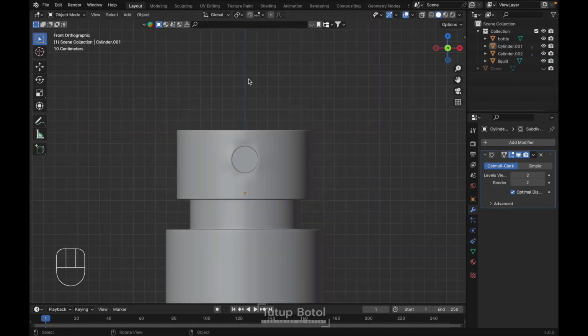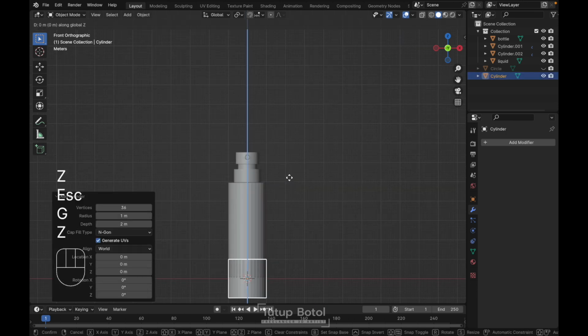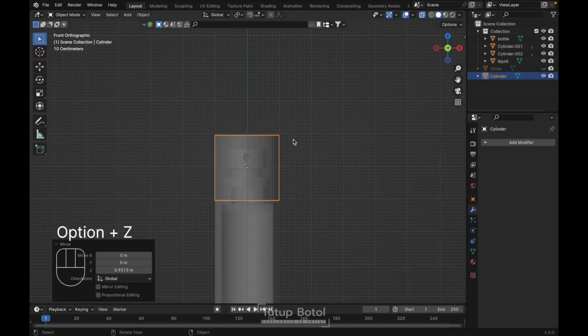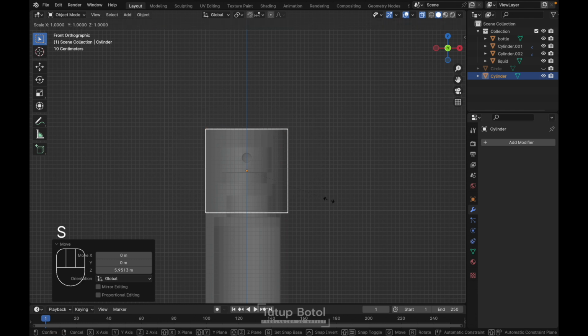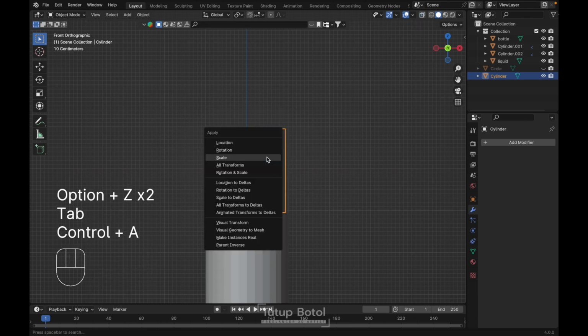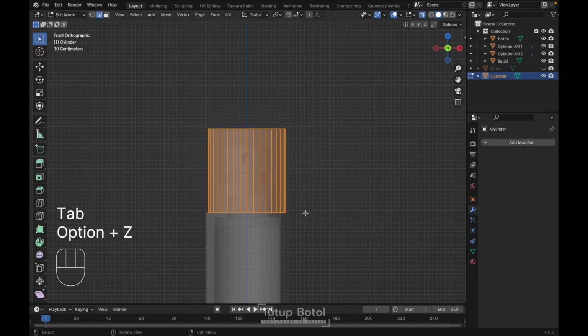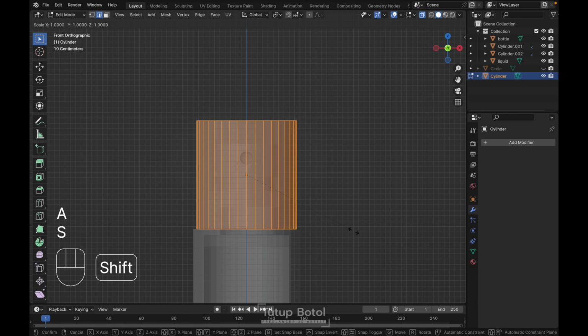Okay, next, press Shift A, mesh, add another cylinder, move your cylinder up here, just like this, Alt Z to see the X-ray view. Okay, press S to scale it without the Z axis, just like this. Press Ctrl A, apply the scale, tab to the edit mode, Alt Z to see the X-ray view. We need to scale it again without the Z axis,